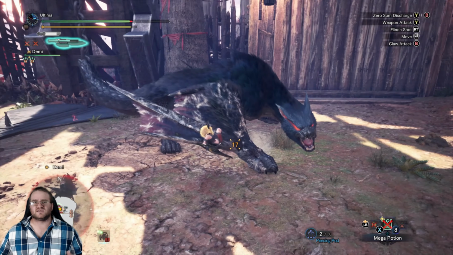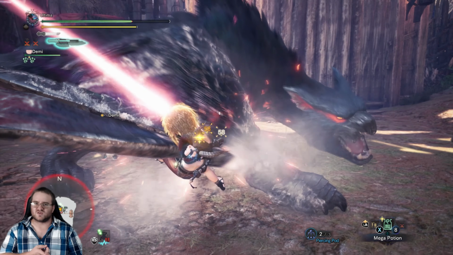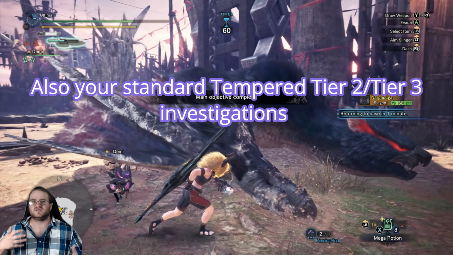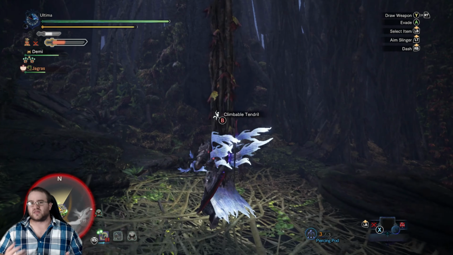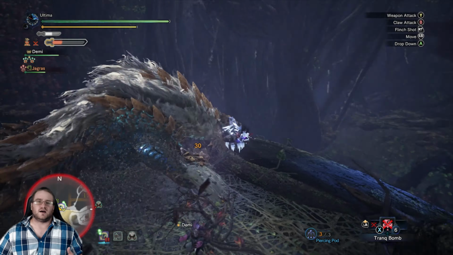There's a whole lot of ways to go about it, as I mentioned before in the quest that you should probably do. When the Swift Meets the Roar and the Wrath of Thunder Descends both give you decorations or increased decoration amounts for completing those different quests. Obviously, the Wrath of Thunder Descends is going to give you better rewards, or your best rewards for now, because